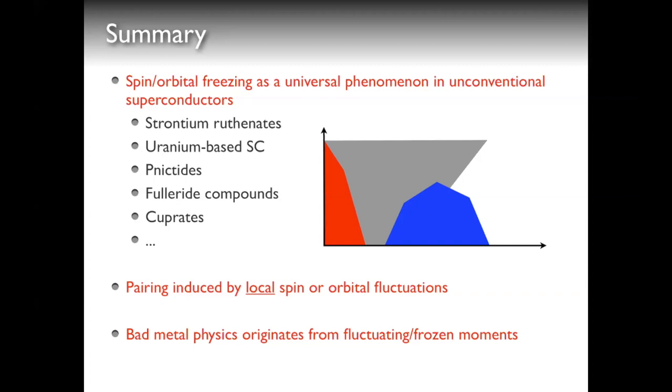And so the question is, how much do you really believe in the details of small gaps and so forth in some LDA plus DMFT calculation? In that sense, I think the spin freezing physics is much more robust. This just comes out of any type of 3-orbital calculation in the proper filling and interaction regime. So in my point of view, this has to play a role because it's such a robust effect. But yeah, I agree that, to completely settle this question, one should, of course, do realistic simulations.